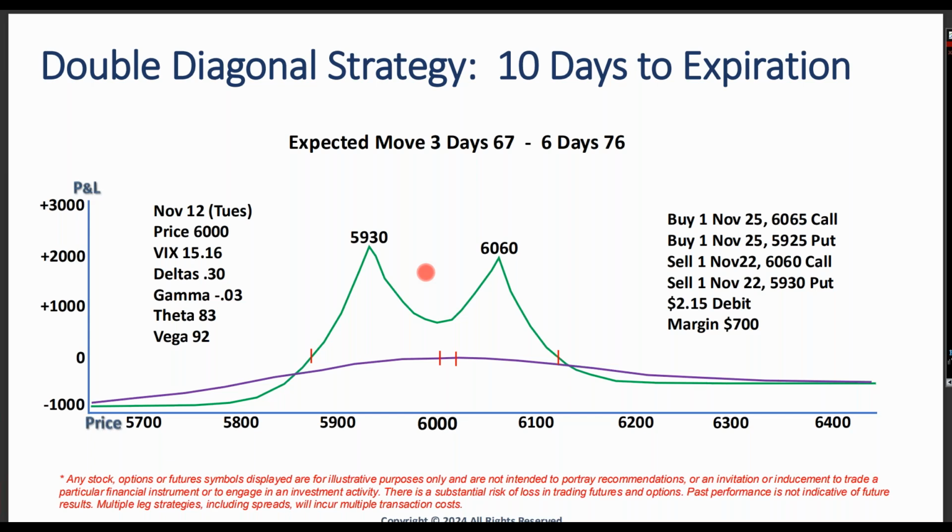I won't get into a lot of adjusting today. Sometimes I do that, sometimes I don't. On these shorter term trades, 5 to 10 days from expiration, I don't like to do a lot of adjustments. You're just banking on your profit area having more room than the expected move for the amount of time I'm going to be in the trade. So if this is a 10-day trade and I'm looking to be in it 3 days, 30%, 3 to 4 days, the expected move is we're not going outside these break evens in 3 to 4 days. Could it happen? Yeah.